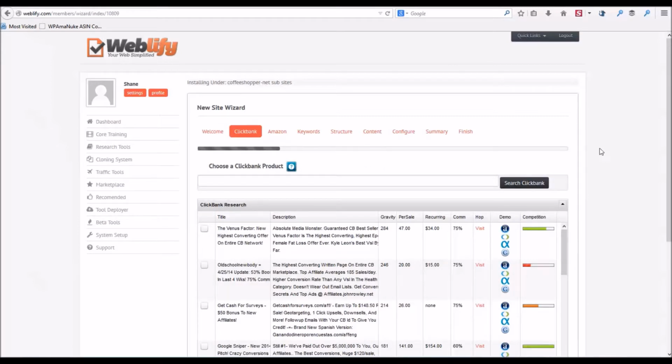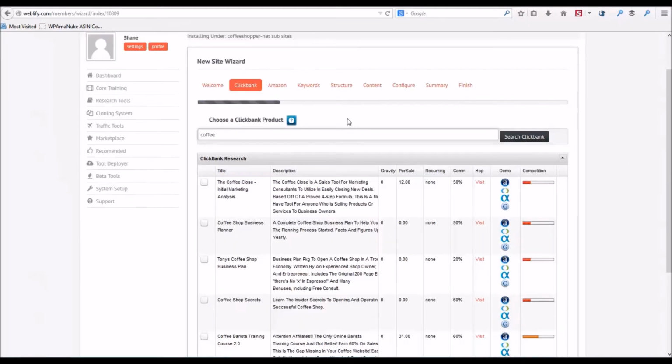Depending on what type of site you're adding, how you're going to monetize it. For this example, we're working with a coffee site. So I don't know how much help we're going to get from ClickBank, or how many products we're going to be using from ClickBank. But we'll take a look. There's a couple products in ClickBank, nothing that I would really think that we need to promote as far as